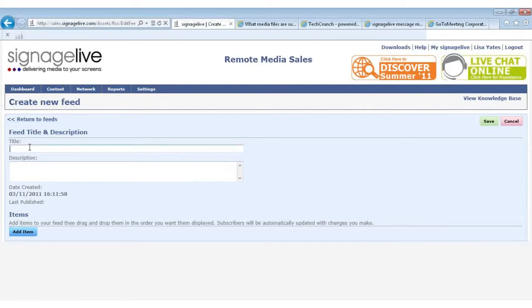so this is the part where we actually create our feed. So what we need to do is give our feed a title, so when we're using the browser, it's easier to find the feed that we're looking for. So today we will call our feed Webinar. And then what we need to do is add items to this feed. So if I hit Add Items, the blue button in the bottom left-hand corner,